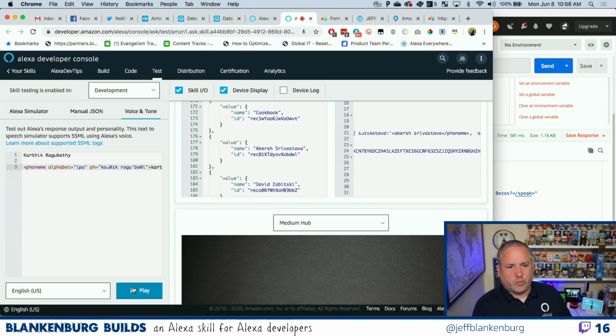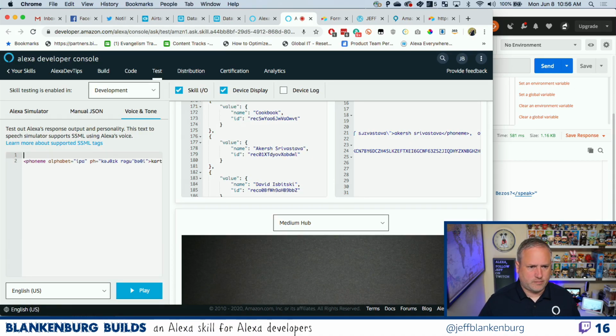In fact, I struggled with finding the ah sound in Karthik. I'll get rid of the first one because we know that's wrong. But as I think about saying your name, Karthik Raghubati, it kind of says Karthik. Is that a preferred pronunciation? Because I feel like I need an ah, and it's definitely not Raghubati. I would imagine that's not proper. We need to figure out how to pronounce this.